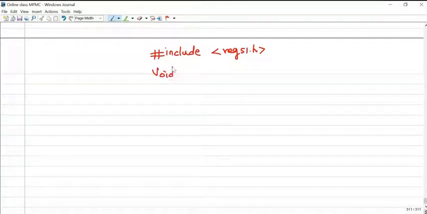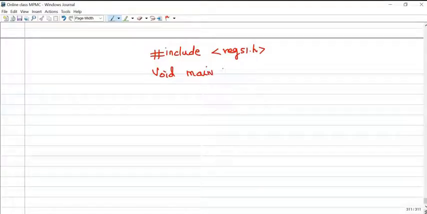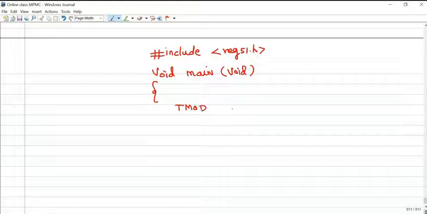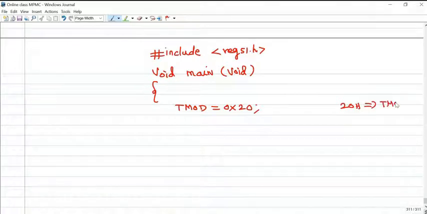Next, void main(). In the TMOD register, for timer 1 mode 2, we have to load 0x20. This 0x represents hexadecimal. 20 is a hexadecimal number, that is 20H, loaded in the TMOD register.